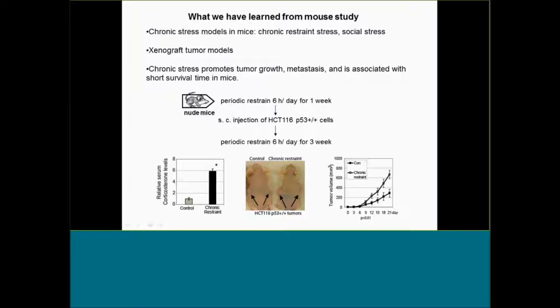So we think that's easy for us to adapt, and consistent with the previous finding, giving periodic restraint chronically before and after introducing a human tumor cell line using the xenograft tumor model, we do see this model can cause stress with increased serum corticosteroid level, and at the end of the treatment, you do see the increased tumor volume, accelerated tumor growth. This type of work indeed provides evidence that chronic stress can promote tumor growth, tumorigenesis, but the underlying molecular mechanism is much less well understood and studied, especially for the signaling pathways that are important and